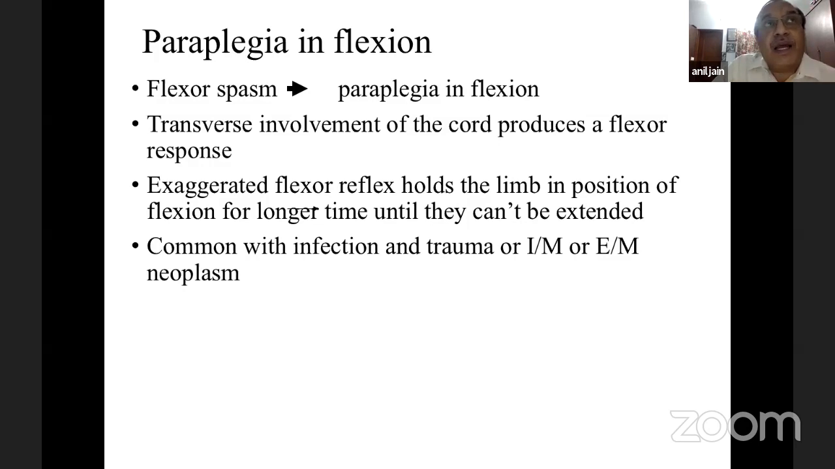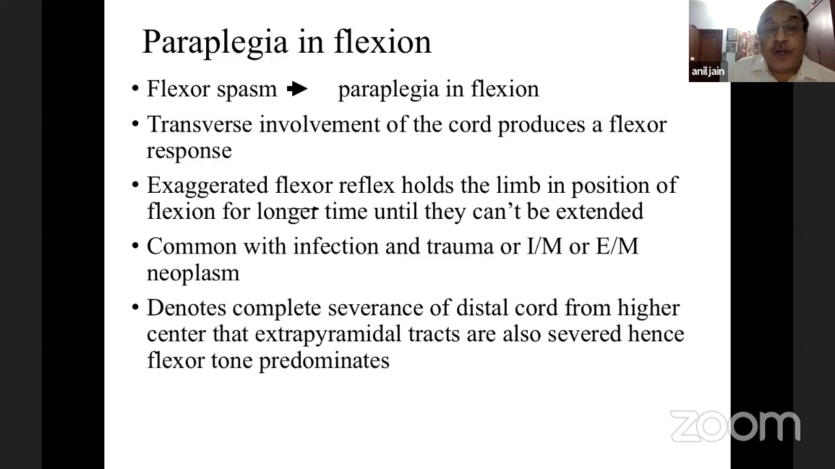But at an institute where a lot of patients come from different centers, we still get a lot of flexor spasm, and we still see paraplegia in flexion. It is common with infection and trauma or certain intramedullary or extramedullary neoplasm. It denotes complete severance of the distal cord from higher centers, and the extrapyramidal tracts are also severely affected,